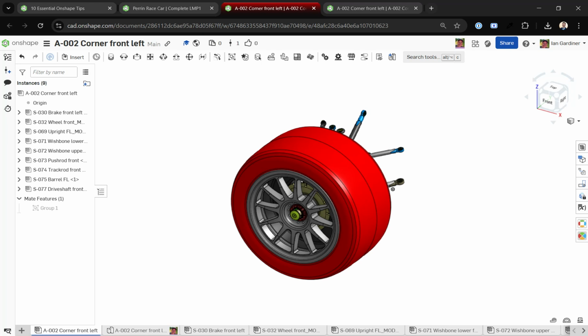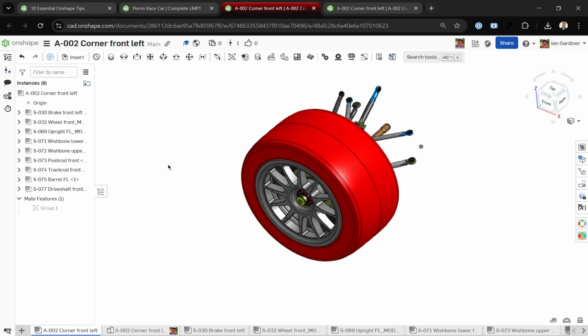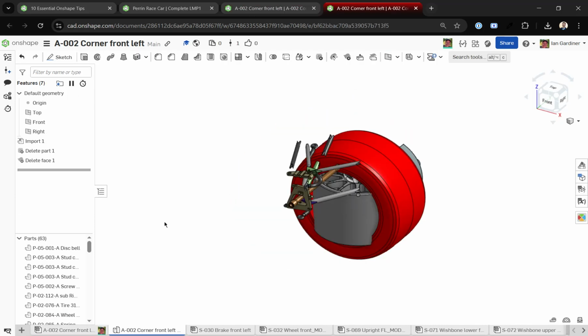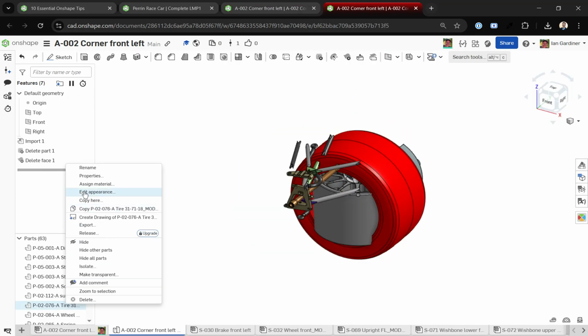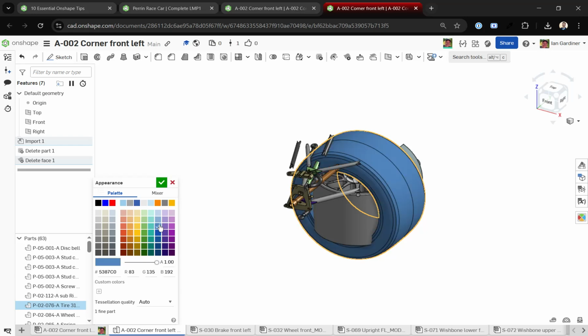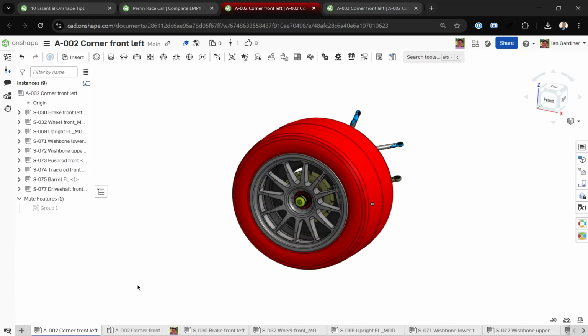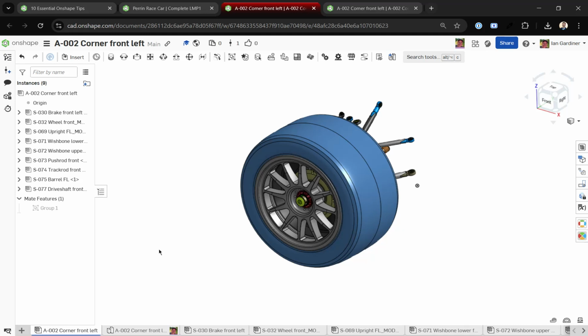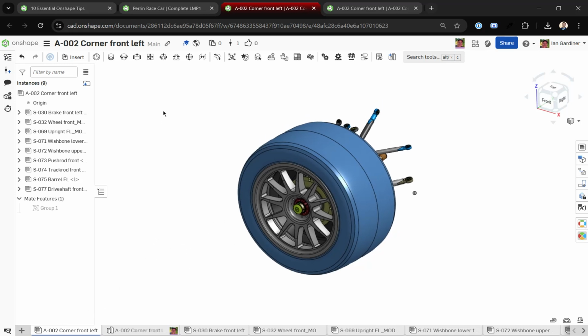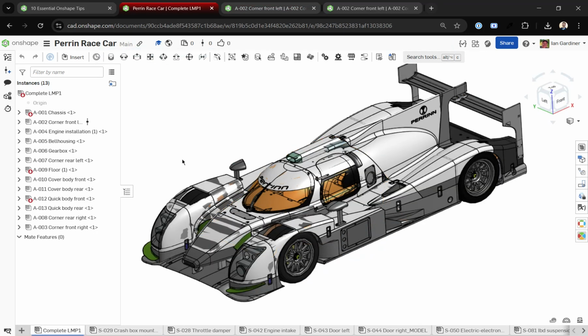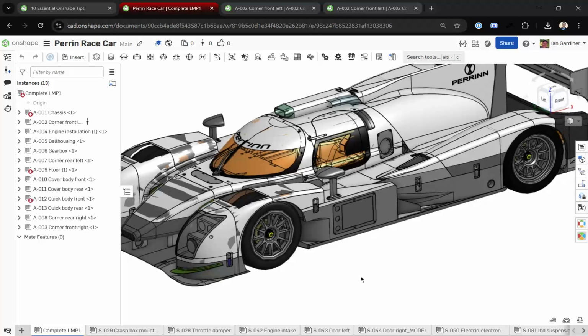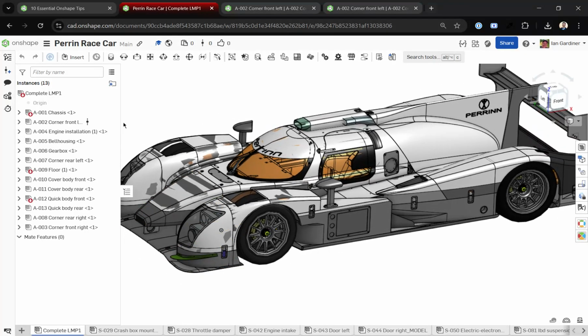For tabs within a single document, changes will propagate instantly within that document without requiring any versioning. And this makes it very quick to make an iteration, and you see the change immediately. If I go back to this tire and edit the appearance to be, say, blue, and then I go to the assembly level, I'll see the blue tire immediately. Now, if I go back up to the very top level, I don't see the tire color changing because this is linked through a